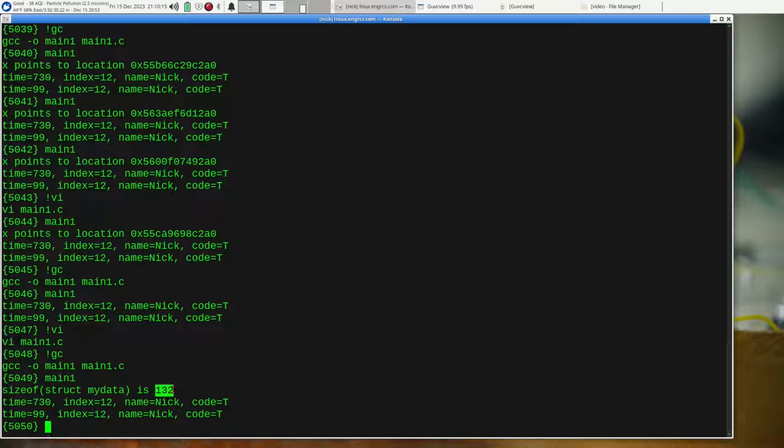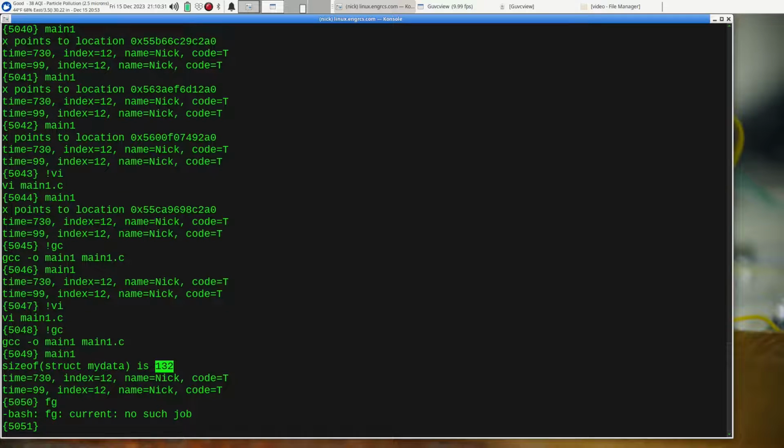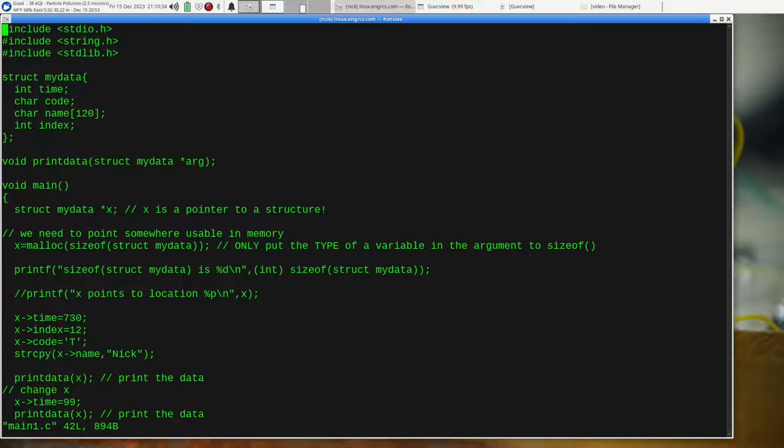And remember, we added up the size of each field and we got 129. But malloc is never going to allocate 129 bytes. It's going to allocate usually a multiple of 8 on this system. Depends on your operating system, the size of your CPU, and so on. But it's going to allocate extra space in general because things work better if certain things fall on 4 or 8 byte boundaries. We would never want an integer to start at an address that's odd, for example. It will destroy the performance of the CPU. So malloc knows how to